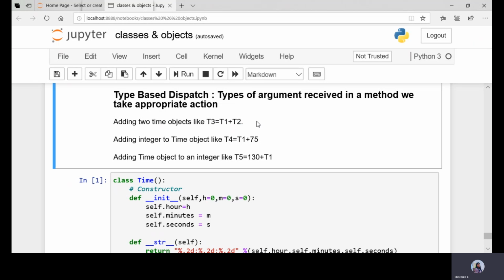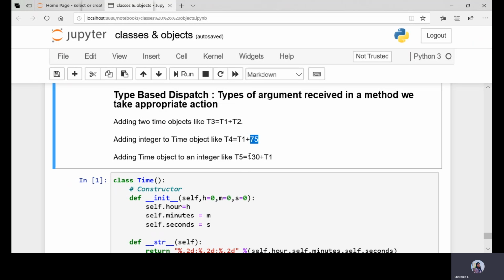Since we are using the addition between the two objects, we used to call a built-in method by the name __add__, and write the code that performs the addition of two objects. In today's class we'll take up two more scenarios. First, we'll add an object with an integer value, where the integer is present as the second argument.